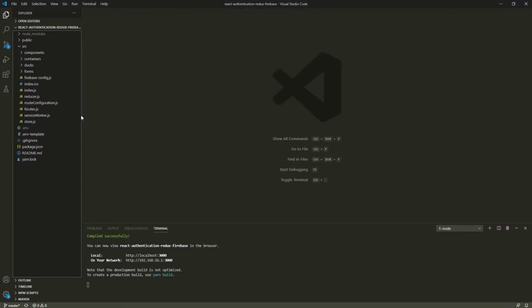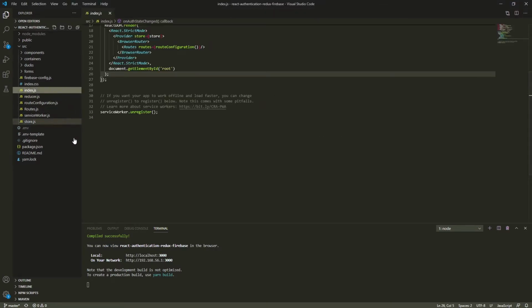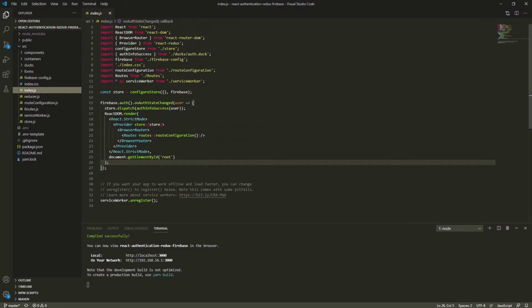Okay, so I'm gonna start first with the index file. Basically, this index file is the main file that gets executed when our application starts. Here we have some simple stuff. As you can probably notice, this is the default structure that we usually get when we create a new React application. But here inside this, we are wrapping part of the code inside an event system